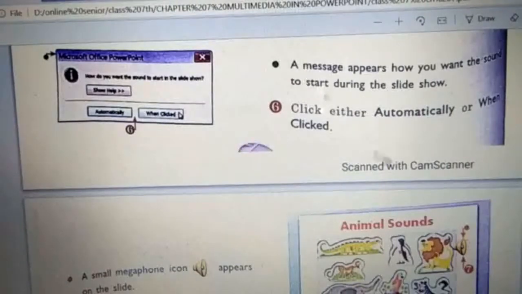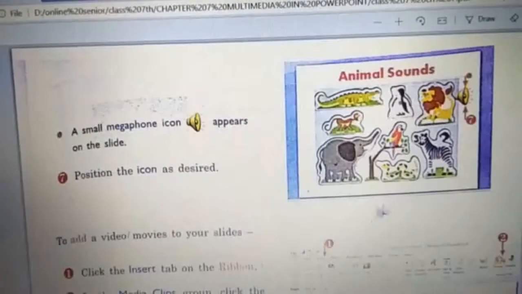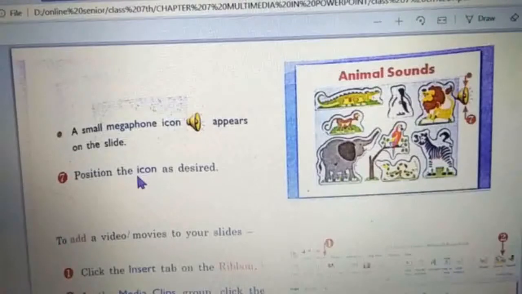So we will do both ways and see how it presents itself. Then a megaphone icon like this will appear on your slide. You can position it as you want, and when you play the presentation, it will play according to whatever you have chosen as an option, automatically or when clicked.